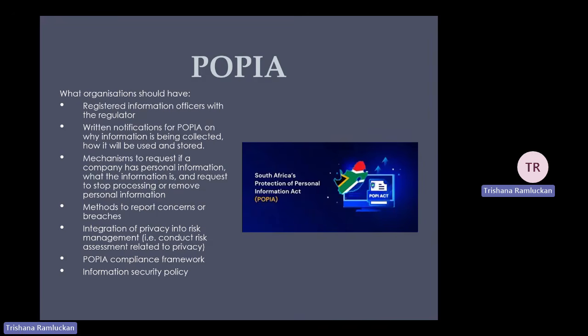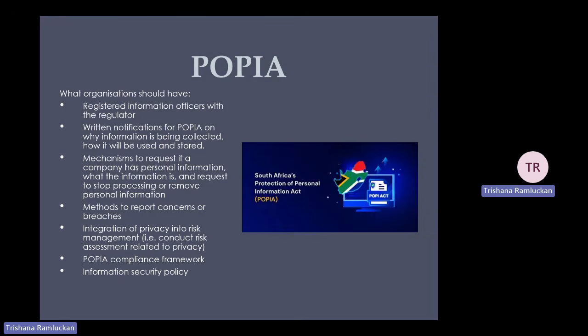So what is the requirement of organizations? First of all, you have to be registered as an organization, with registered information officers with the regulator, and written notifications for POPIA on why information is being collected, how it will be used and stored. So whenever you go to a company, and even if you look at the university websites, for instance, you will always see something on POPIA and what information they need, what information is being collected, and for what the purpose